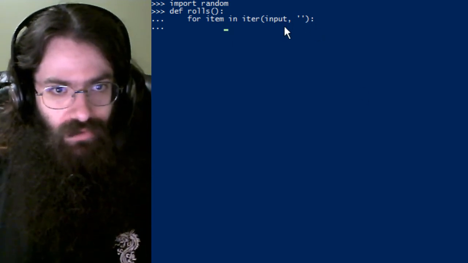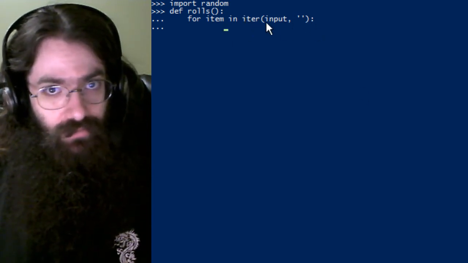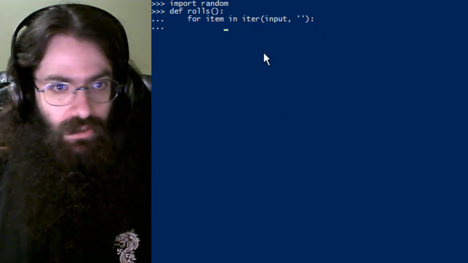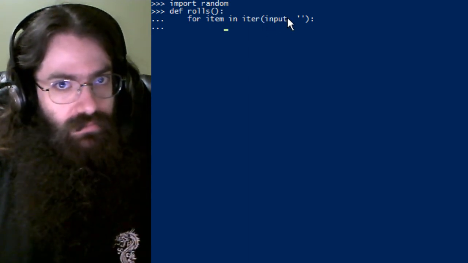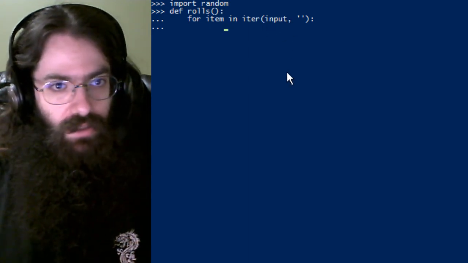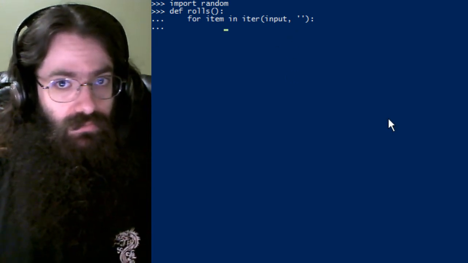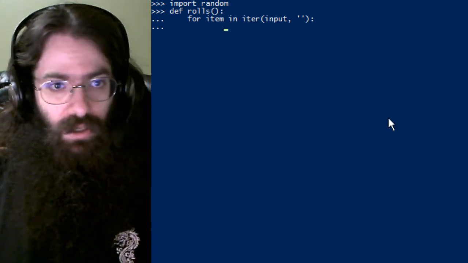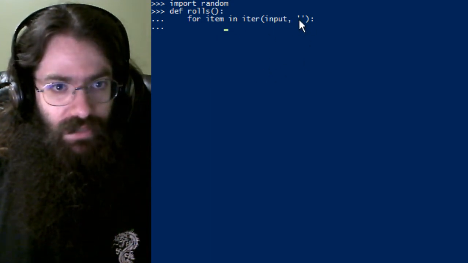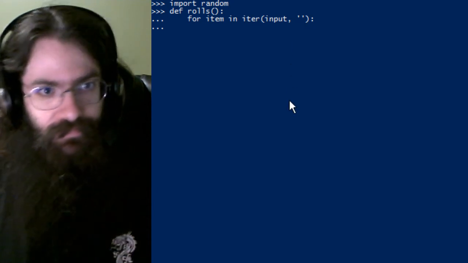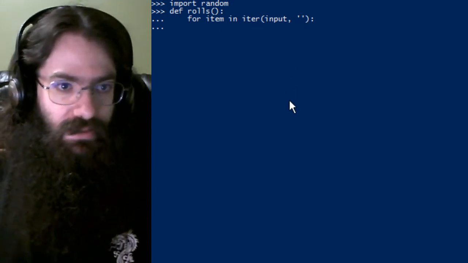So the 2-argument form of the iter built-in function calls the first argument and yields whatever the returned value is, and keeps doing that until that return value is equal to this second argument, which acts as a sentinel. For item in that,